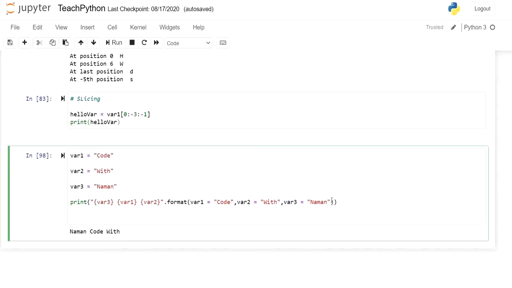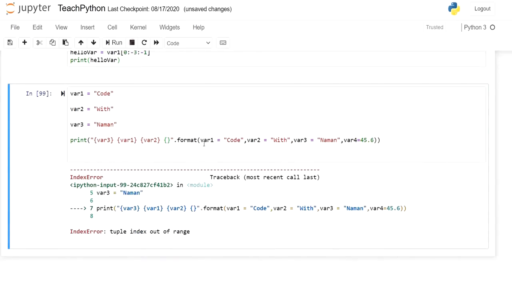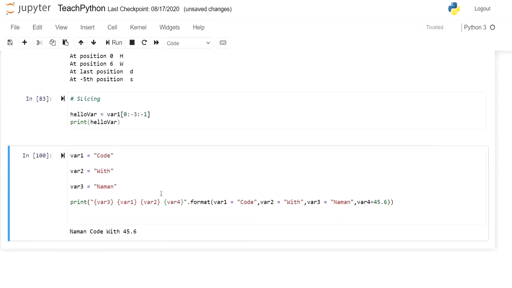Okay. Now, for example, if I want to print a number, let's say var4 is equal to 45.6. Yes, you are right. If I write it like this, it won't work, because when we are using the variable name then value, we need to pass the value. So when I pass this, you can see I have got 45.6.